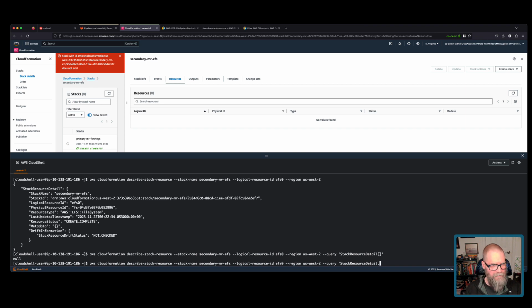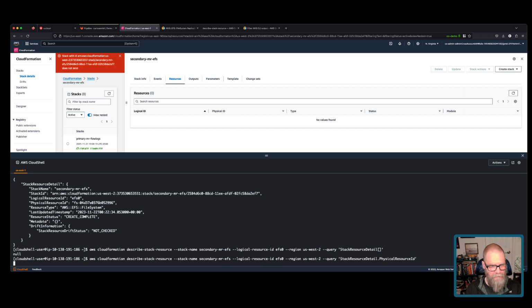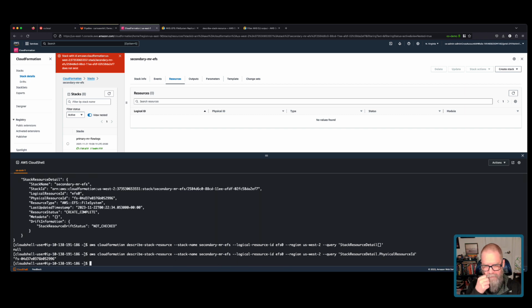What if we do this? Is it physical resource ID? There we go. Okay. So let me just cut and paste this again so we've got it. So here's what I'm thinking. What we could do